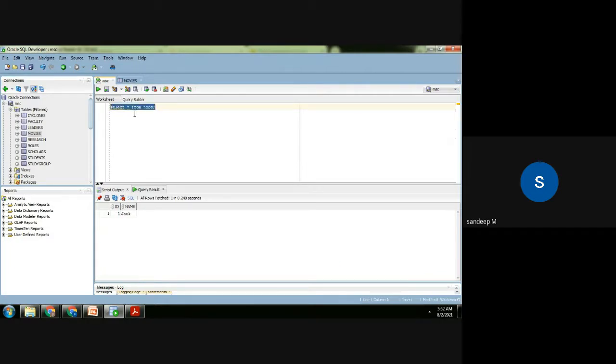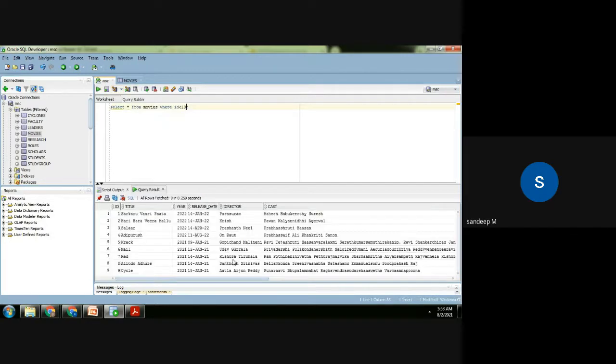I'll not say select star because the data is huge. So what I'll do is say where the ID is less than 10, just to show you how the data is going to look. You have a title attribute, say for example, Adipurush.